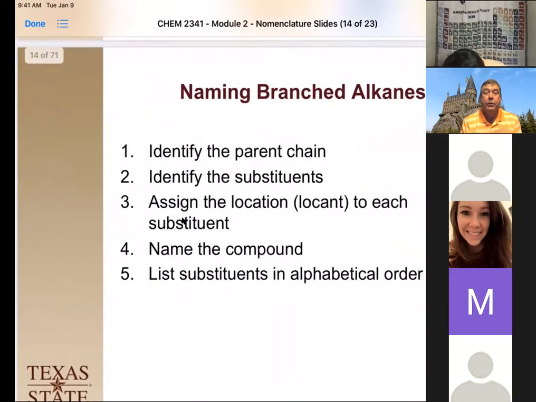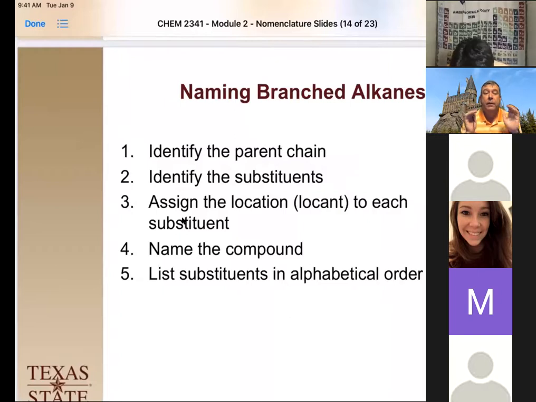Now we need to link a few rules together to figure out exactly how to name that. And so now we're going to go back to the question I had before about what that name was. Now we have enough rules that we can start to name these things. So the first rule is to identify the parent chain. Now, there's a sub-rule to that: what is the functional group? And because we don't have anything but hydrocarbons here, the hydrocarbon is the parent chain.